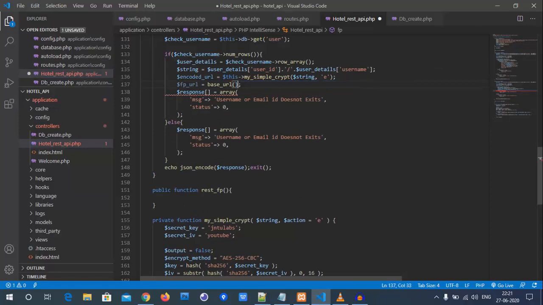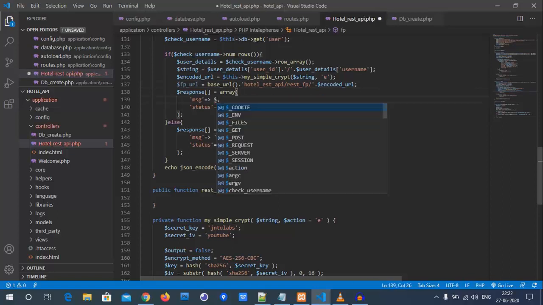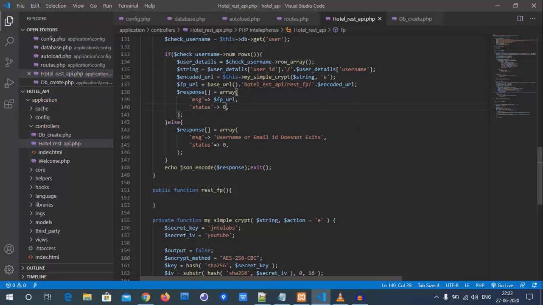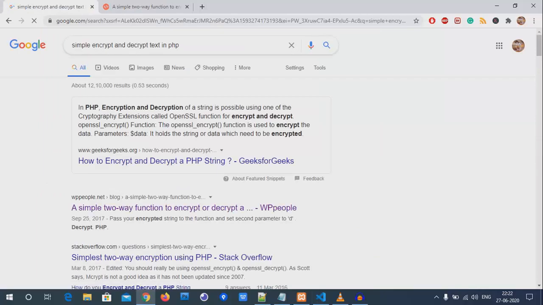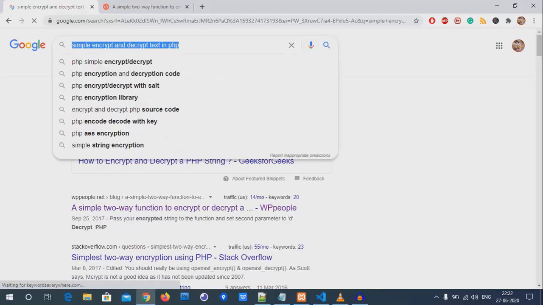I'll concatenate it with this, then concatenate it with the user details of the user. This string we will send to this function, where the first parameter will be the string and the second parameter will be e, since we are doing encryption. Then we will get a response, the encoded url, and this encoded url we will send back to the user.